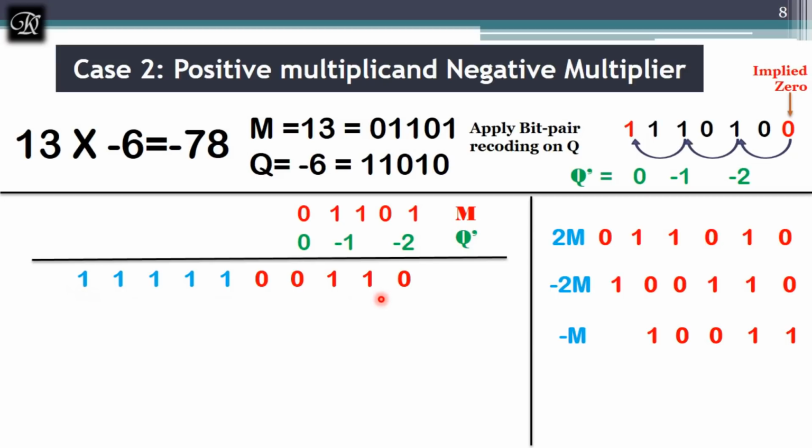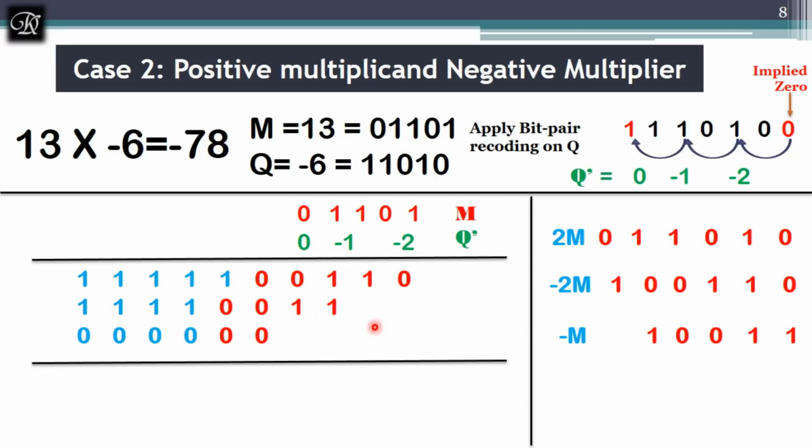Next, you have to leave 2-bit space, then you write negative 13. This is negative 13, and the sign bit of that is also 1, so the extension will be 1 1. Now write 0 and find the final product. 0, it is 1, 1 plus 1 is 0, carry is 1, and now 1 plus 1 is again 0, carry is 1, 0 is there, carry is written as it is, and